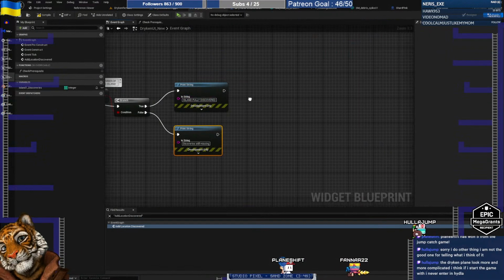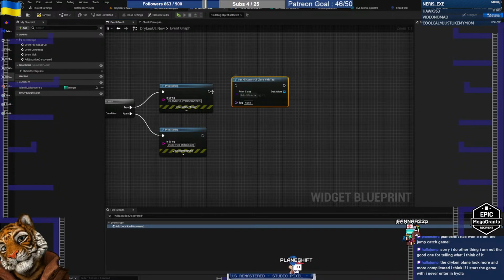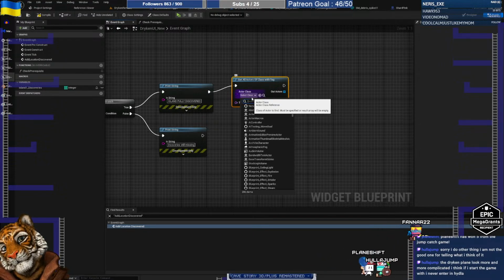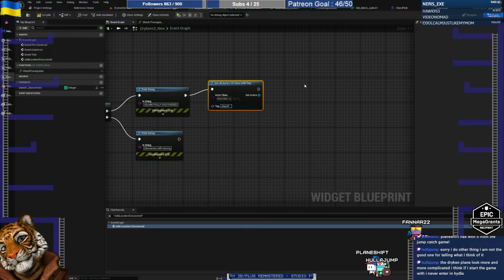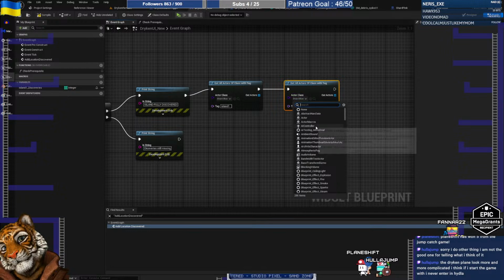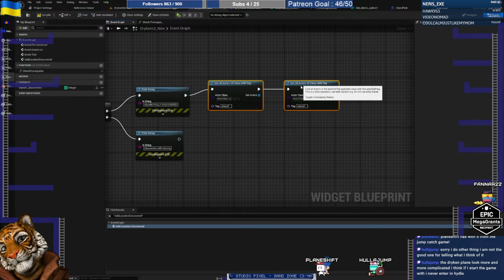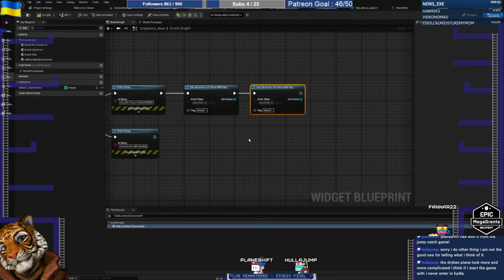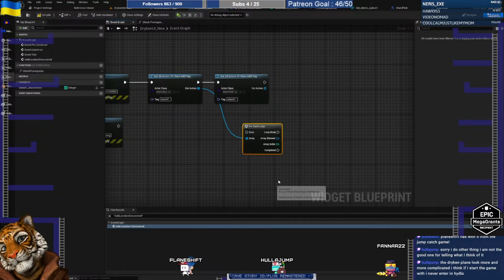So when we are here, right, we can get all actors of class by tag. And the class will be shard blue and shard pink, right? Now I don't know if I want to do it exactly this way, but this is a way. So when the island is fully discovered, we will for loop here, and we will set